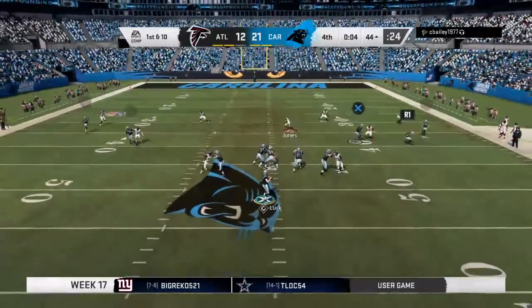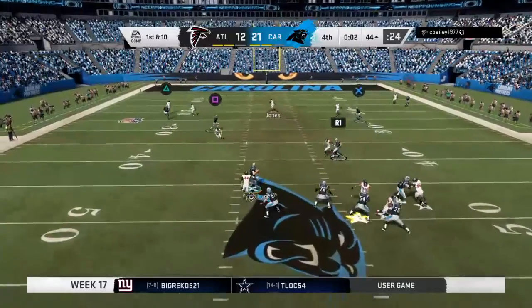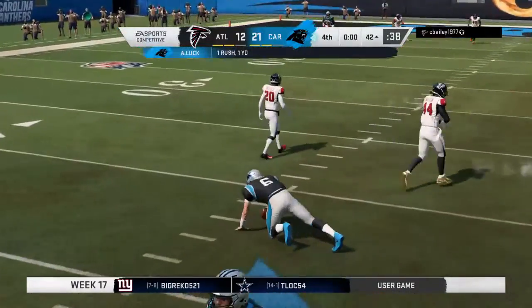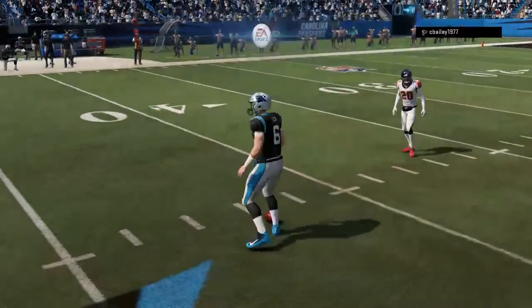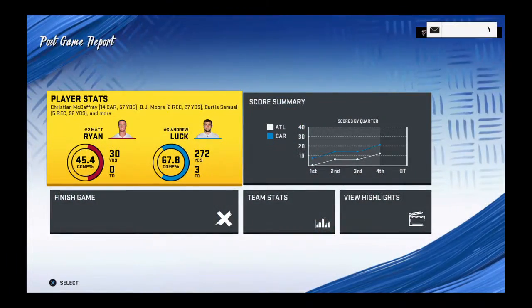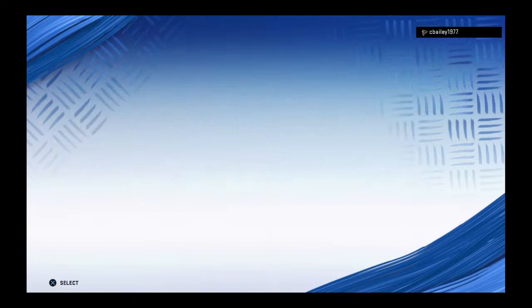Fresh off the pick 6, it's Luck. Steps away to his left. And Charles, I think when the schedule comes out, all teams, no matter where they're predicted to finish, talk about